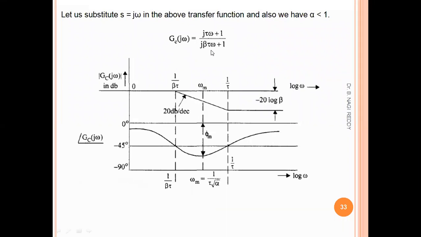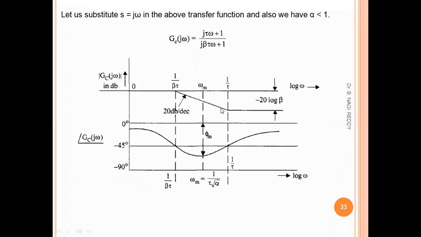Of course, we will use Bode plot to analyze the transfer function, and we know how to draw the Bode plot, and how to determine the stability from the Bode plots, right? So using this transfer function, if we draw the Bode plot, which has a magnitude plot as well as a phase plot, you can see this is the magnitude plot of the given transfer function, as well as this is the phase plot of the given transfer function.